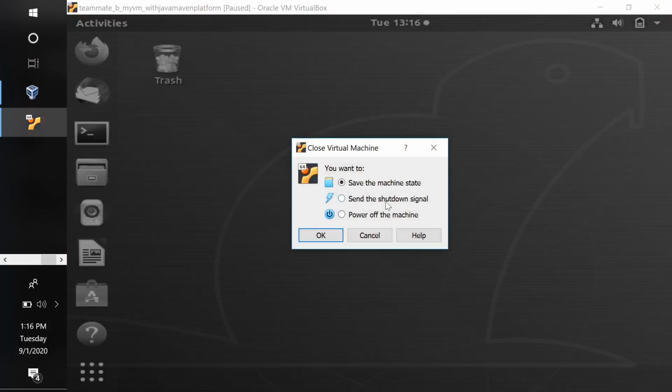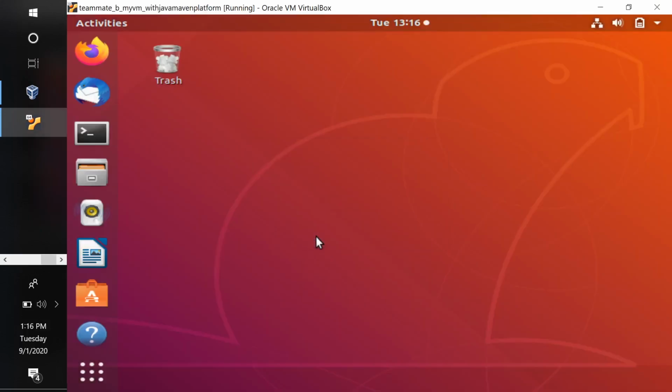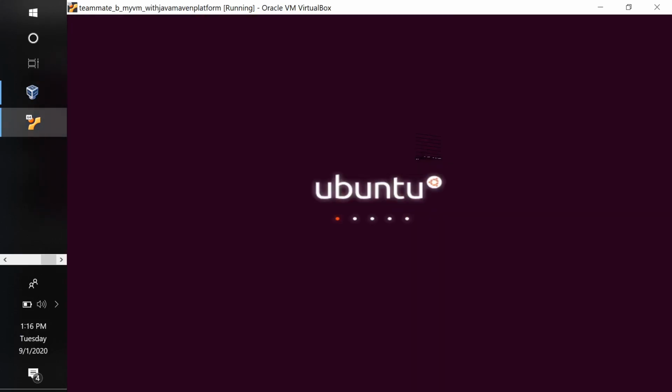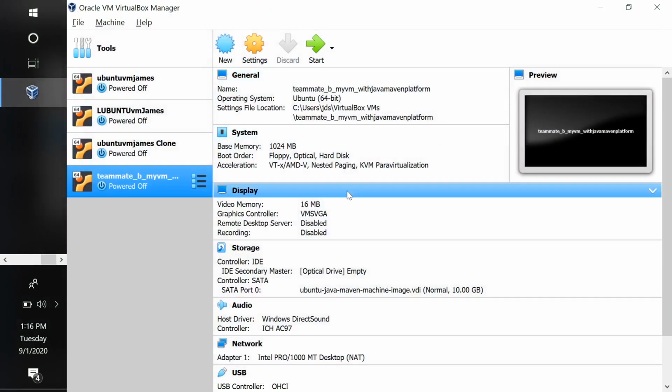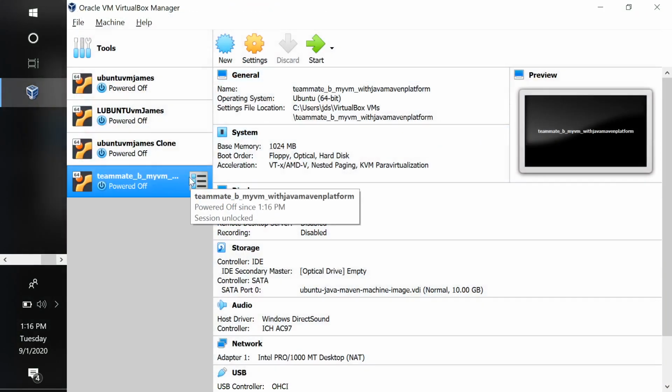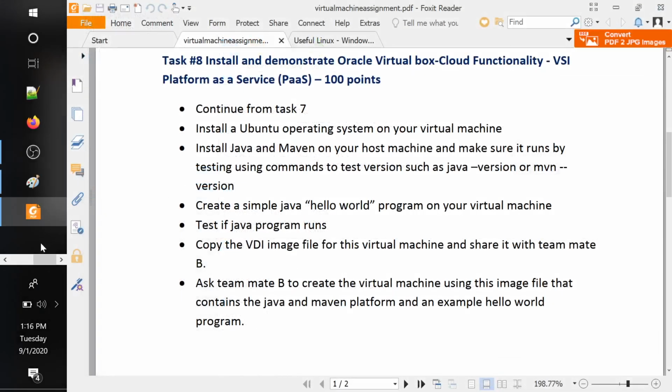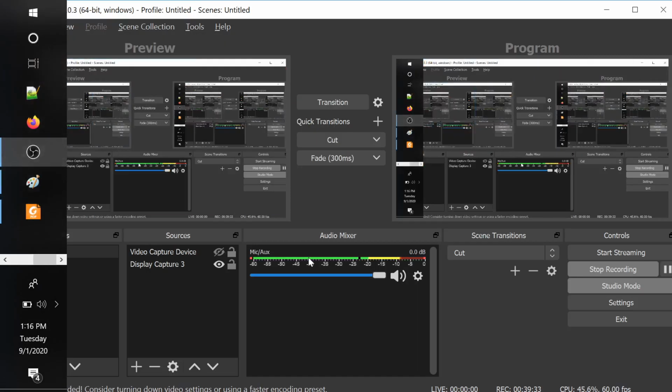So let me close this and send the shutdown signal. Make sure it closes properly. Try not to power it off, instead send a proper shutdown signal. So let me close the virtual box, and so that's it for platform as a service, and we'll continue in the next demo with the next type of cloud service,